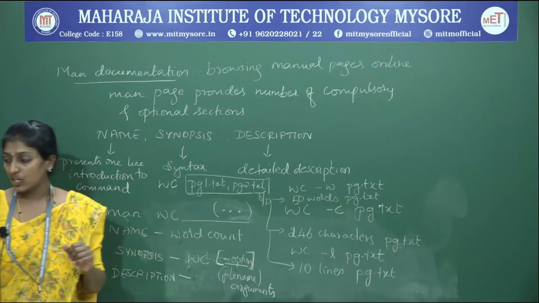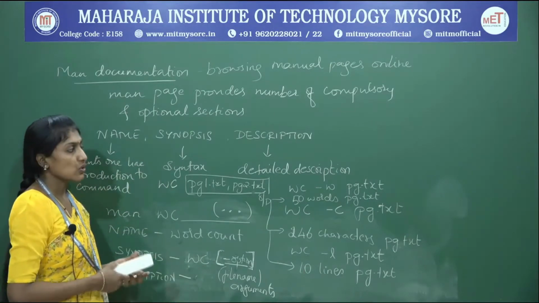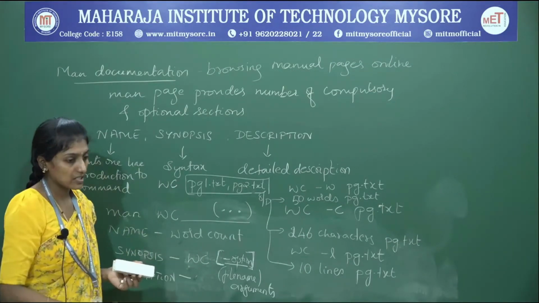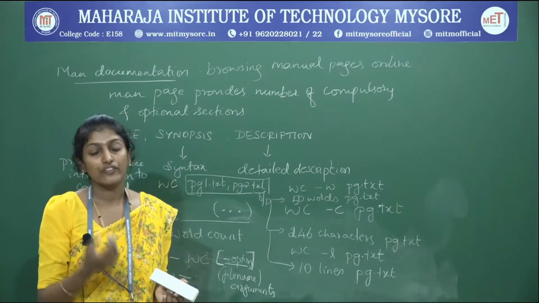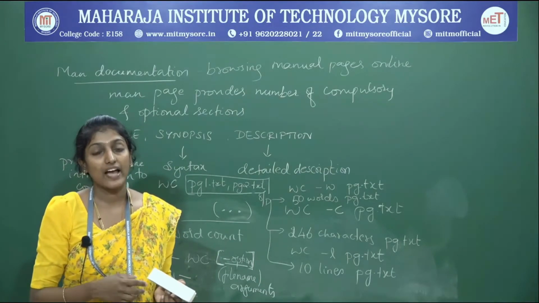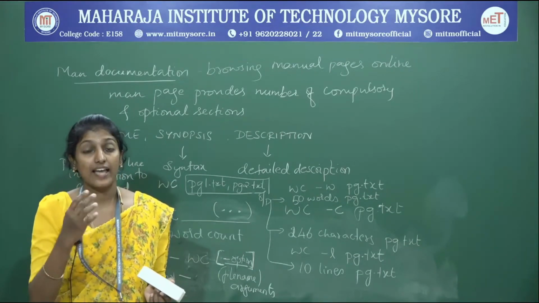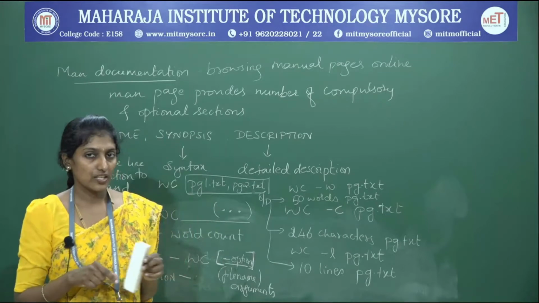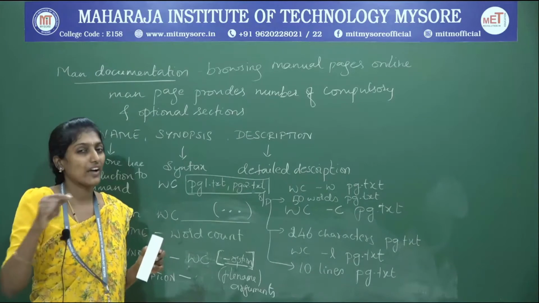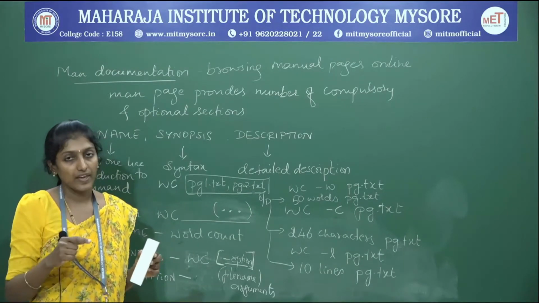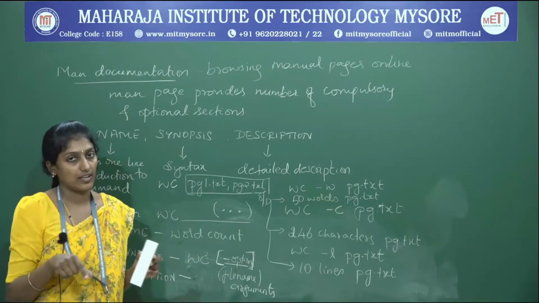And also, this man documentation command, as I said, is going to get you the detailed description, right? While displaying the complete detailed description, for a few of the commands we might have more than 10 options. For a few commands we might have usage in different ways. So the complete information cannot be displayed in a single window screen. You have to scroll that particular page up and down like that, right?